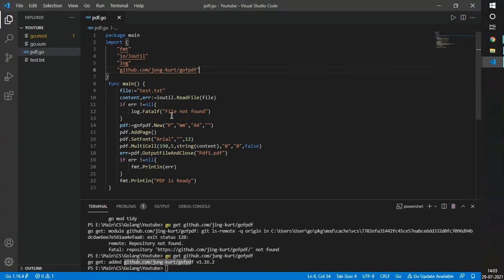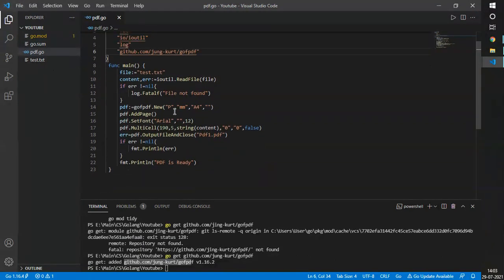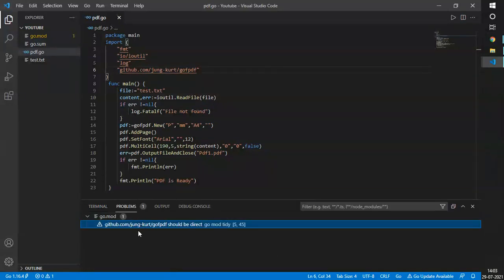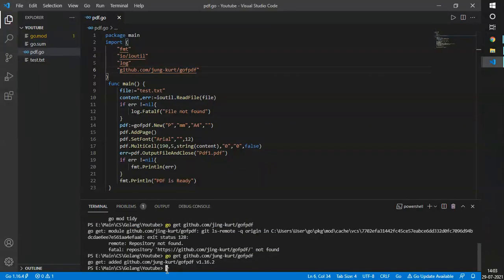Right now you can see it over here. You can see the text file is added over here, the test file. So here it is. You have seen what the test file was, and let's just run it. We haven't seen any error as such. The only error is the file is not direct. We can do it later. That is not a big deal. So let's just run our code.